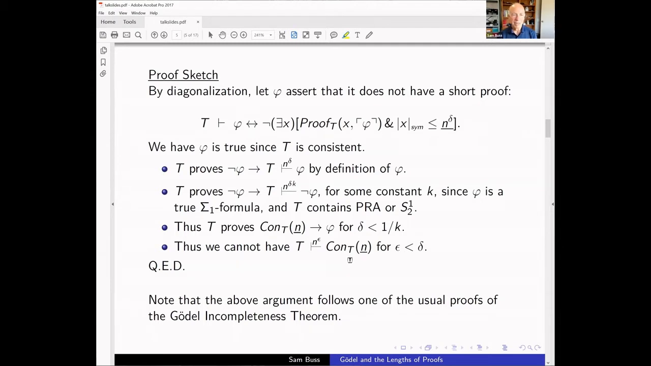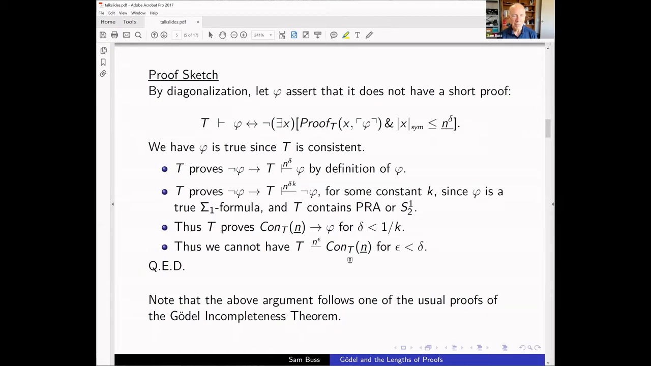And now I claim that phi is true since t is consistent. I guess I didn't mention earlier that I was only considering consistent theories t, but I am. I'm being a little hand wavy at times, right? I'm also assuming things like t is recursively axiomatized in a nice way and so forth. Okay, but putting that aside,